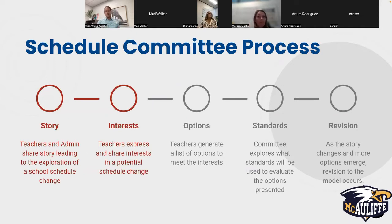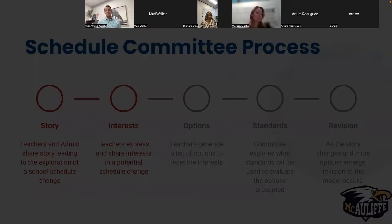Tutorial is not a new concept. So tutorial has existed at other schools, at other middle schools, at other high schools for many years. But for us at McAuliffe and in our district, it is a new concept. It's not something that we've had implemented before. And so it's an undertaking. We've studied and we've explored multiple models, and I think that the one that we're bringing forward really has the